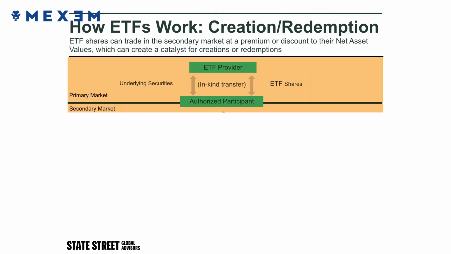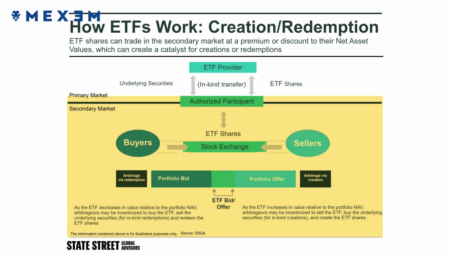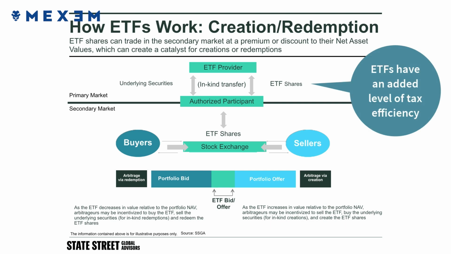Authorized participants, APs, are broker-dealers with agreements to interact directly with ETF trusts for executing creation and redemption orders. During a creation, APs deliver a basket of underlying securities to the ETF issuer. The ETF issuer provides ETF shares to the AP in return. In redemption, the process is reversed. APs present ETF shares for redemption. The issuer transfers the underlying securities back to the AP. This in-kind exchange ensures tax efficiency compared to other fund structures, which may require selling securities within the trust.